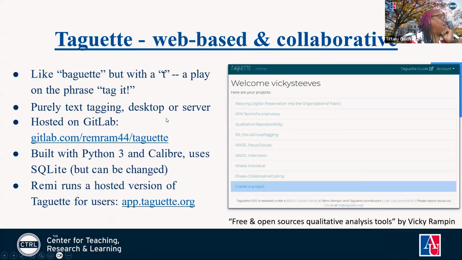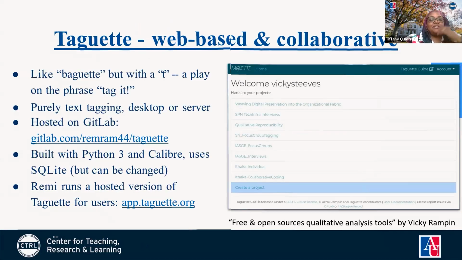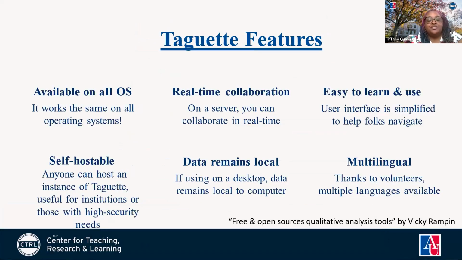So this is where I'm going to start to split my screen. I'm going to actually bypass this particular slide because it kind of tells you how to download or actually get access on a hostable network. So I'm going to bypass this slide, but then just kind of tell you again about the features, which is the same thing I mentioned earlier, available on all operating systems.